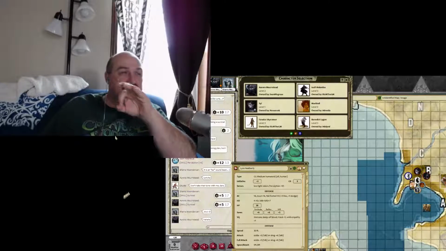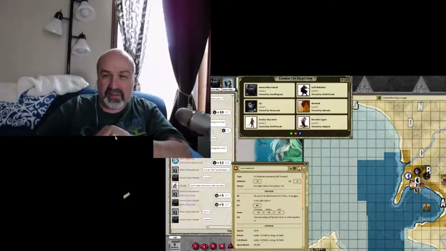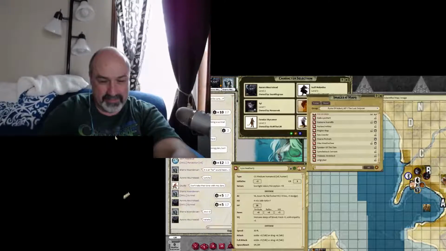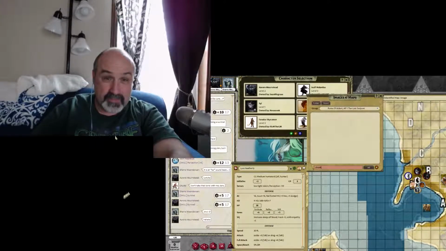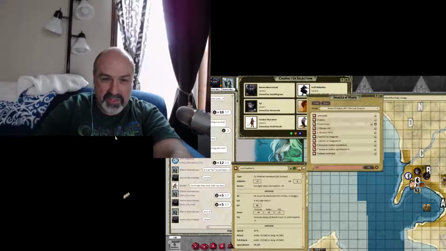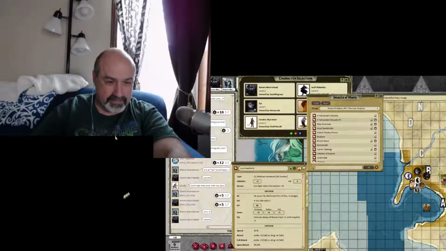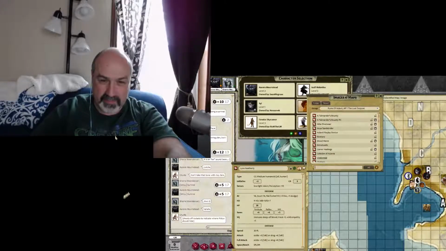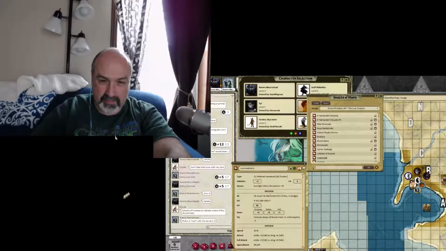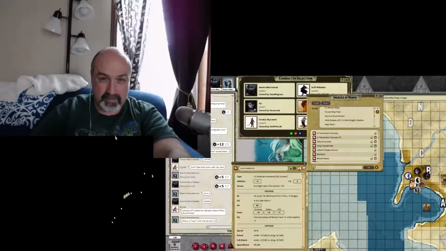The halfling isn't doing so well. The halfling looks like, let's see. Where's our halfling? Images and maps. I got to put him in there. Hang on real quick. I will put his image in so you can see him. Yeah, he's not doing so good. Chunk's just kind of